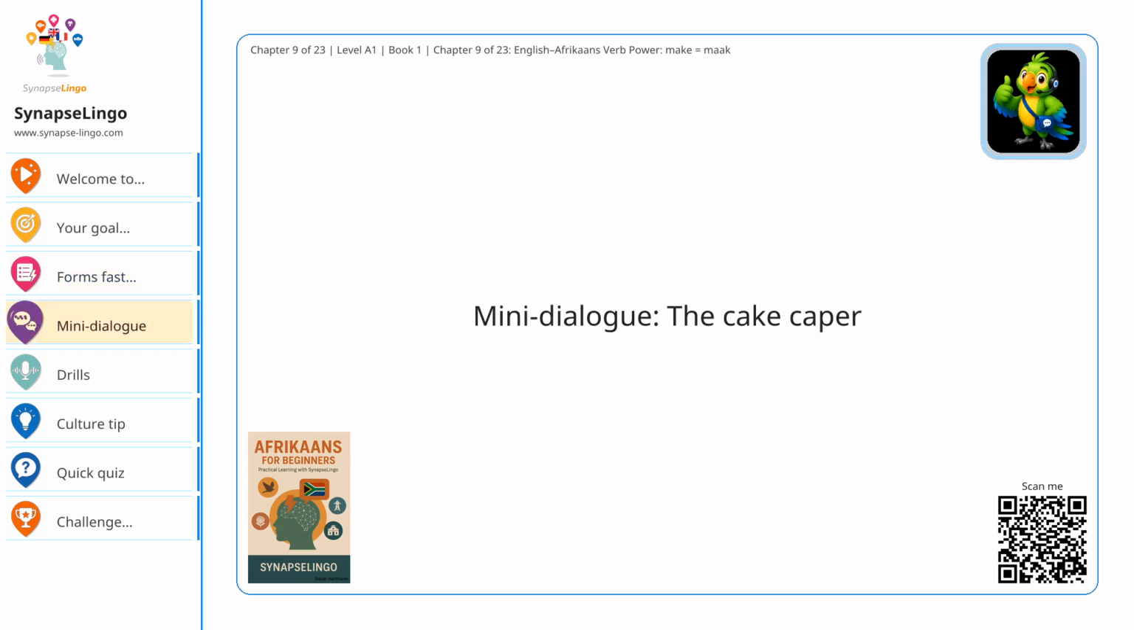Mini dialogue. The cake caper. Listen in, then shadow the lines. A: We need a dessert. Can you make it? Make, maak. B: Sure, you made coffee, so I'll bake. You made, jy het gemaak. A: She made the shopping list already. She made,